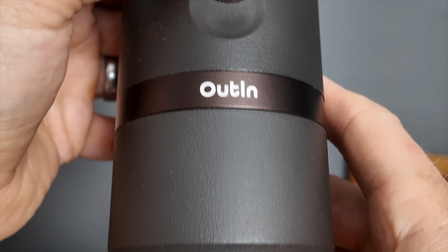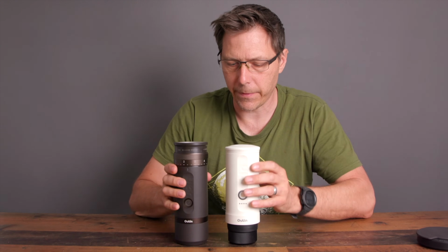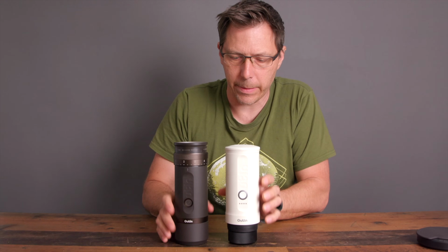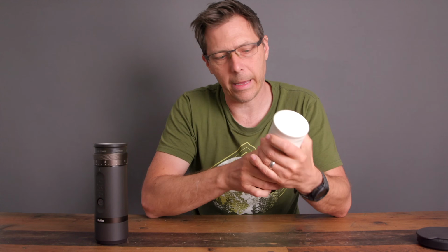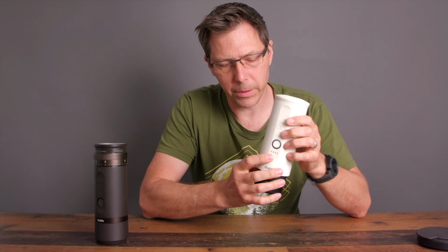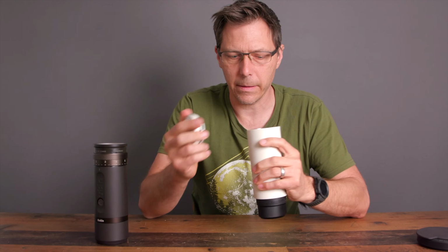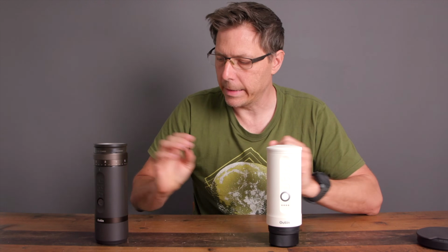I was expecting as much because I have their Outin Nano coffee maker. What I really like about these guys is simply the fact that they feel really nice. The bodies are made out of plastic, but it's a nice feeling plastic, and just the way that the elements are put together, everything fits nicely and it's good to use. They seem to have a pretty minimalistic design,